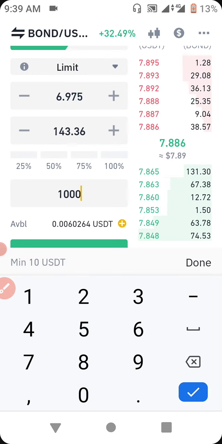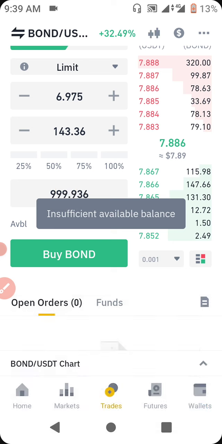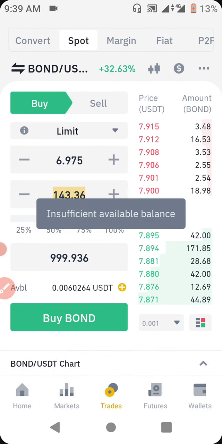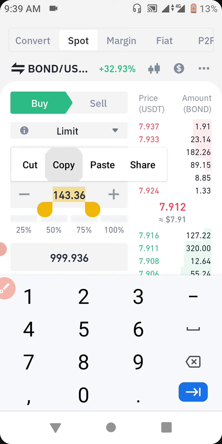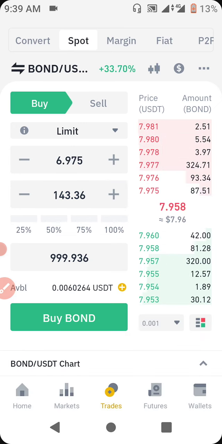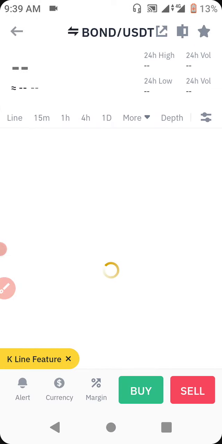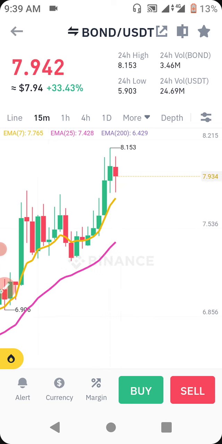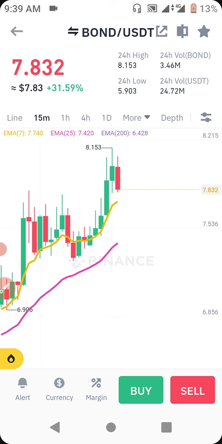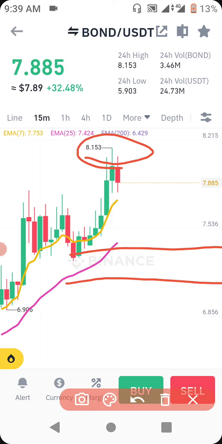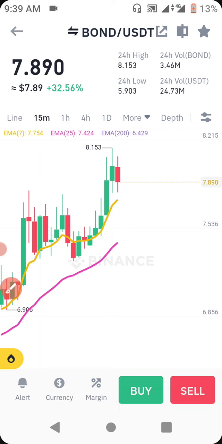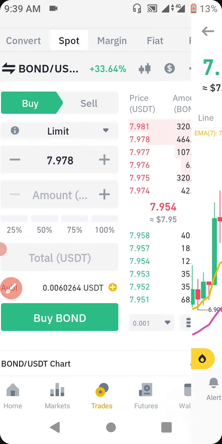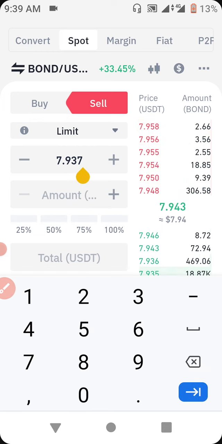We use a total of 1,000. That's 143.36. When we buy, it will get completed very quickly, and we know that this coin is spiking. This coin is spiking, so we take our profits at the top, at this top right here, 8.153, and it's going to touch this top. So take our profit right there,